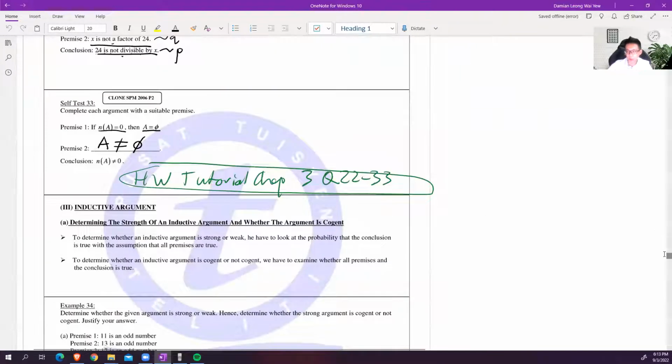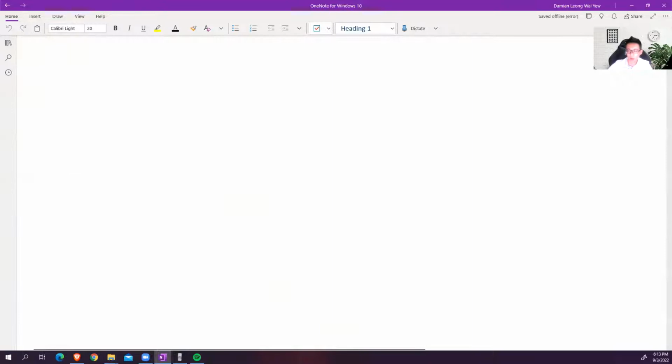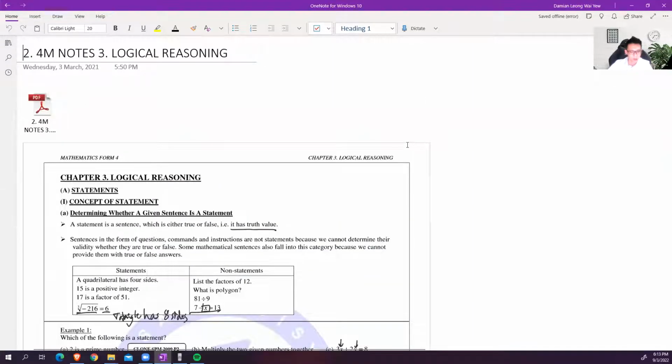So chapter 3 is logical reasoning. In this chapter, there's not much calculations involved. It's more on the format of it. So yeah, it's more important to familiarize with the format and probably the marking scheme, what they are looking for. So you know how you want to put it in. Even if you don't remember those, even if you answer by logic,